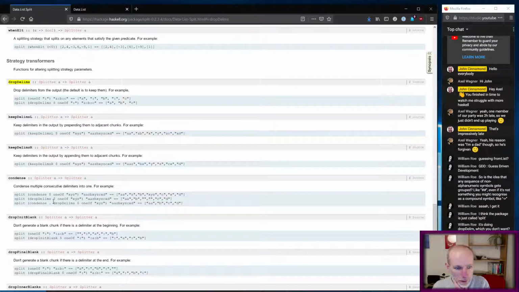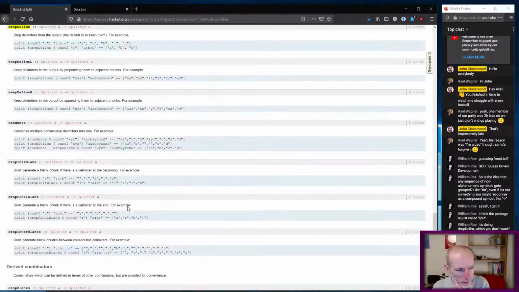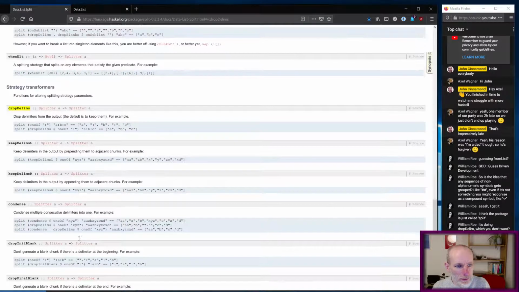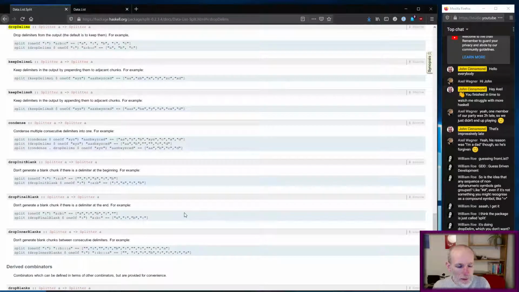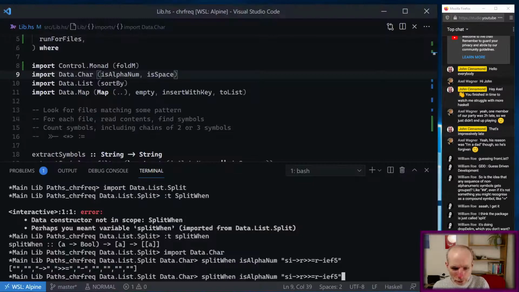And I think there's something called condense, which seems to do something useful. Also drop inner blanks. Is there like a drop all blanks? I'm going to try condense first, but then I can try